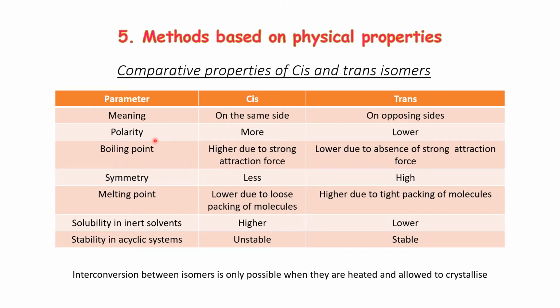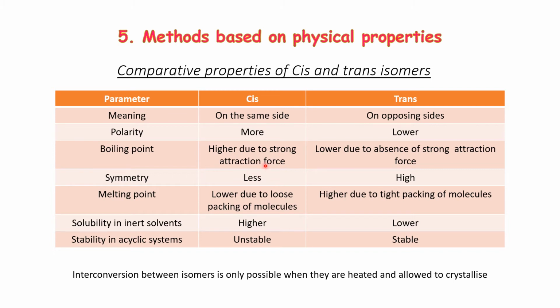Now with respect to boiling point, cis isomers usually have higher boiling point, because again the groups are on the same side, so they have more interaction and attractive force, so you will need more temperature to break their arrangement. So boiling point is higher, whereas in case of trans isomer it will be lower because groups are away or far from each other. This we have seen in case of maleic acid just now.